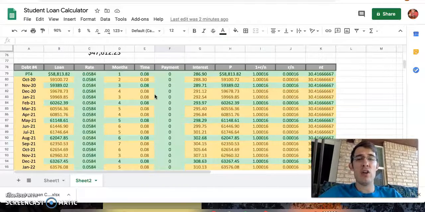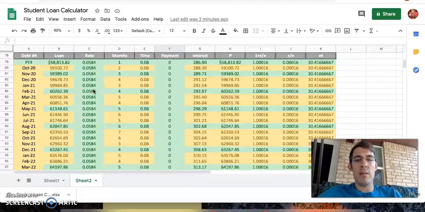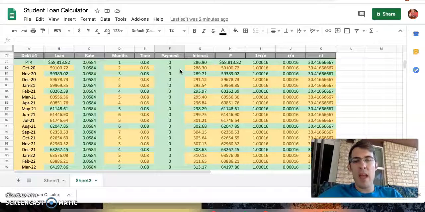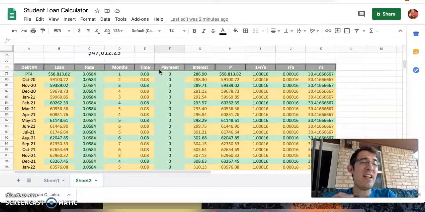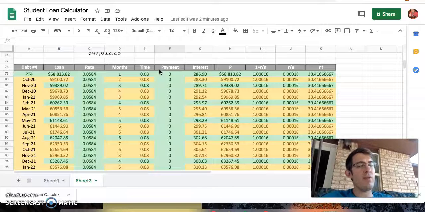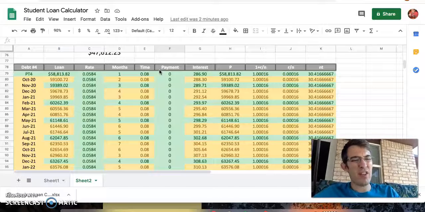$58,813.82. Currently, this loan is in deferment, so it actually has 0 interest right now till December, unlike this student loan. But the original loan percentage APR is 5.84%. Right now, this is a 10-year fixed loan. So if I did the minimum payment for 10 years, I would pay it off, and the payment is about